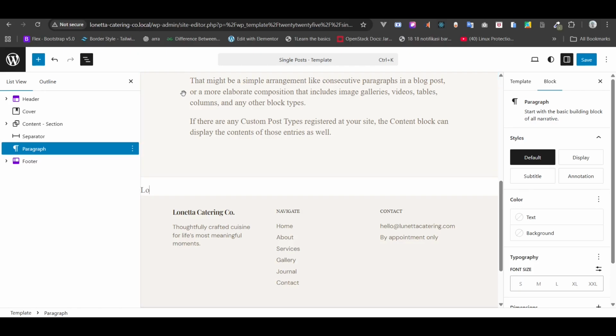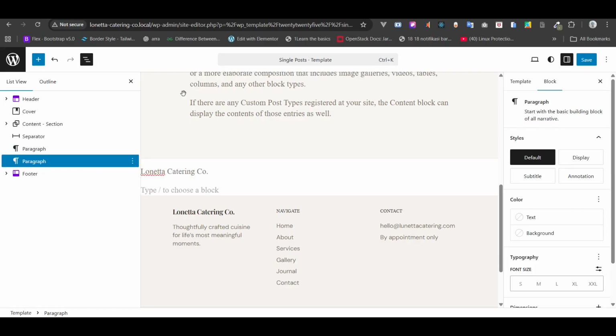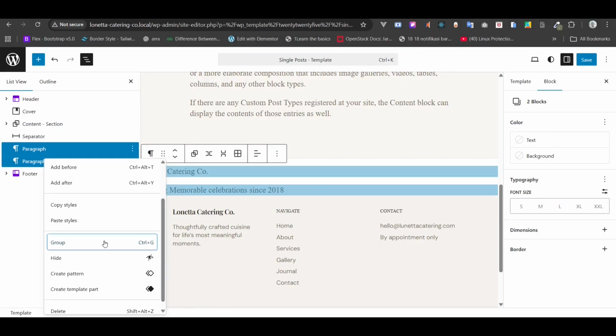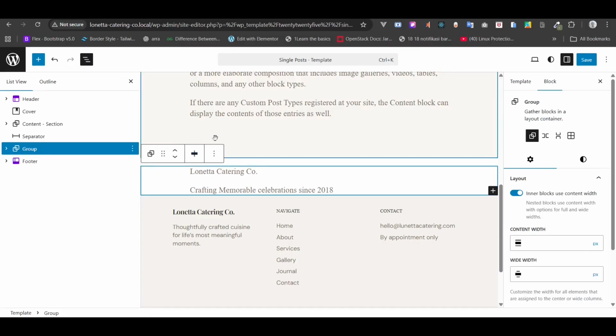We're going to have our little brand name here, Loneta Catering Co. Catering Crafting Memorable Celebration since 2018. Now group that to block, and after that is the item center,